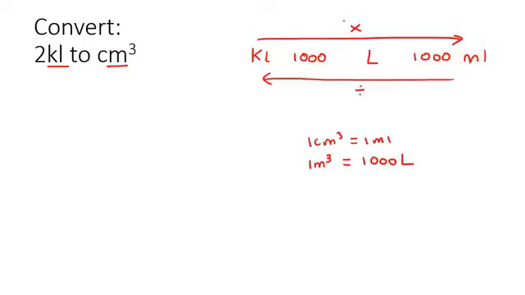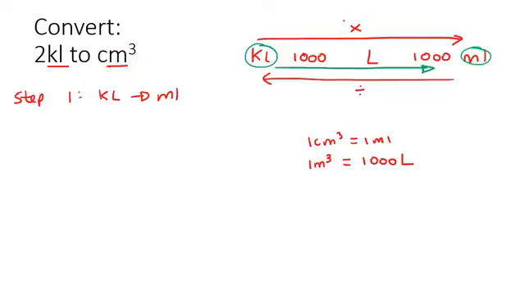So step 1, we're going to convert the kiloliters to milliliters. To go from kiloliters to milliliters, you go in that direction. So you're going to say 2. Then because we're going to the right, you're going to multiply. Now we're going to go past this number, so we multiply by 1,000. And then we're going to also go past this number, so we multiply by another 1,000. And so that's going to give us 2 million